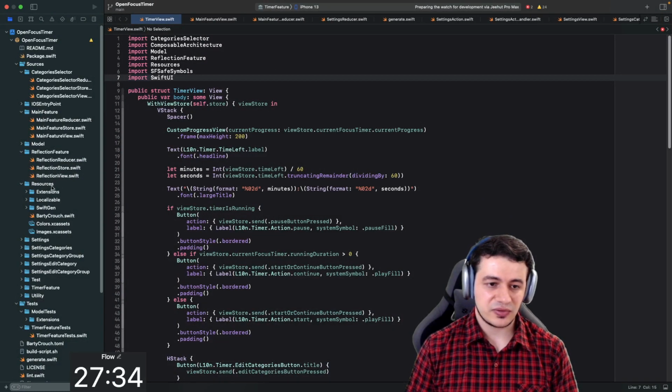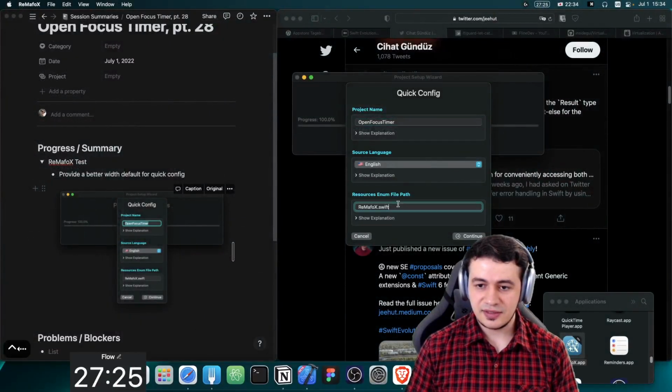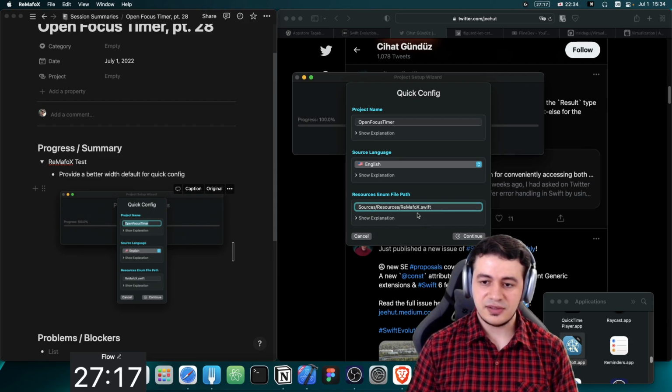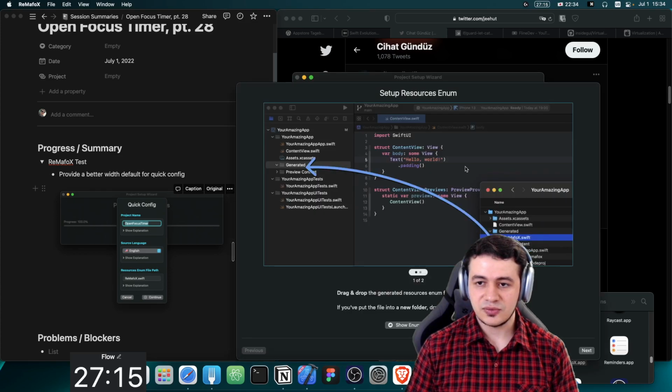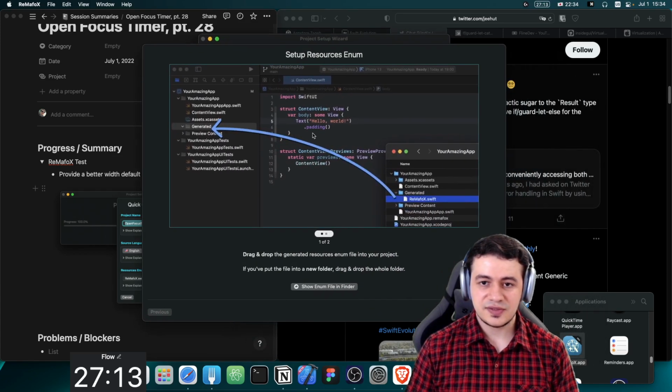So actually I'm going to place it inside of, I think it's sources, resources, and then I think that's it. So let's add sources/resources. All right, so that's the path I want to have this generated file. I'm going to keep the name. Let's continue. All right, so we're getting presented with a tutorial, set up resources enum, and then it tells us